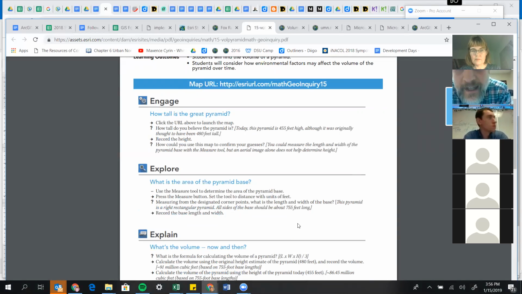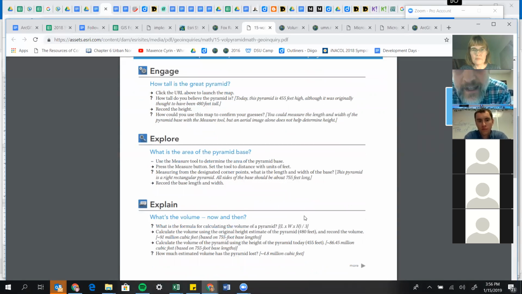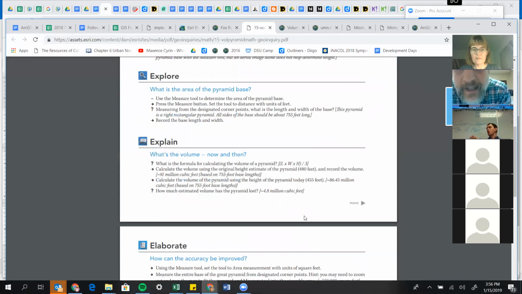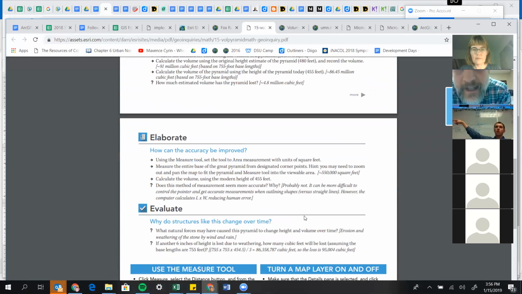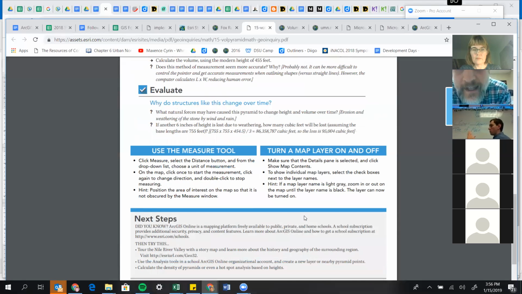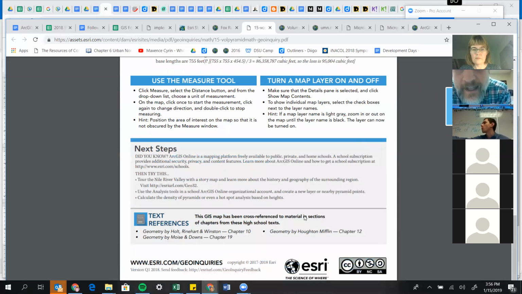It just seemed like a really fun activity and a real great hands-on visual learning thing that displays these sort of complex mathematical concepts about using formulas, calculating measurements, and doing some mathematics operations to come to an actual understanding of the size of the pyramids.